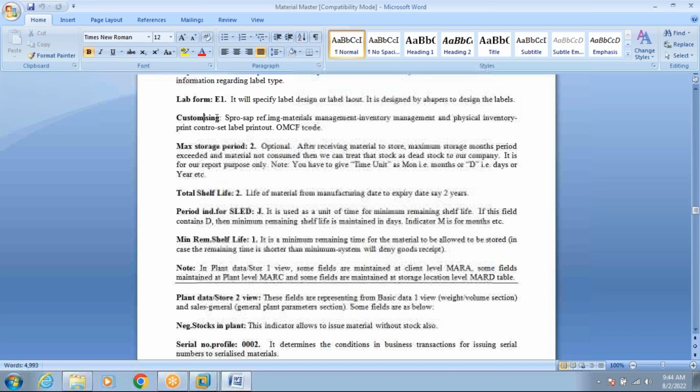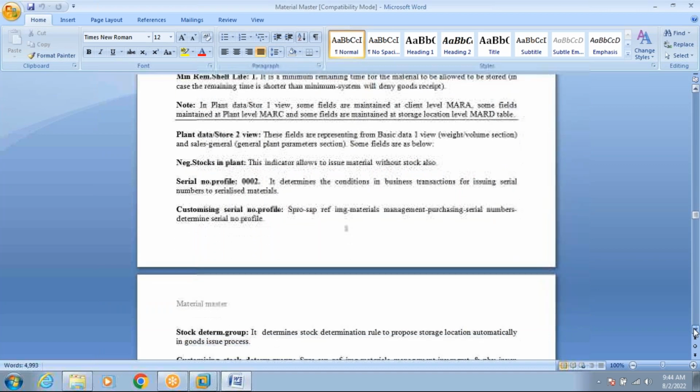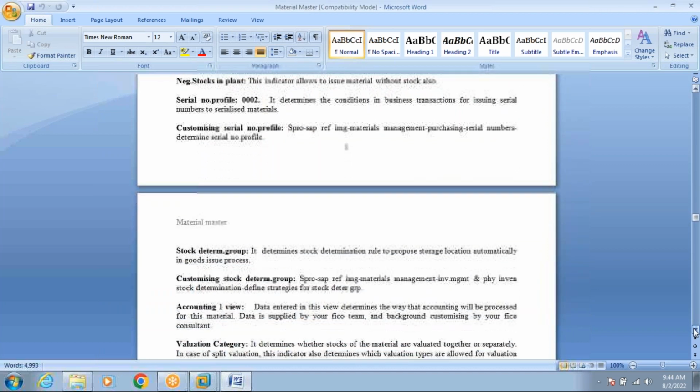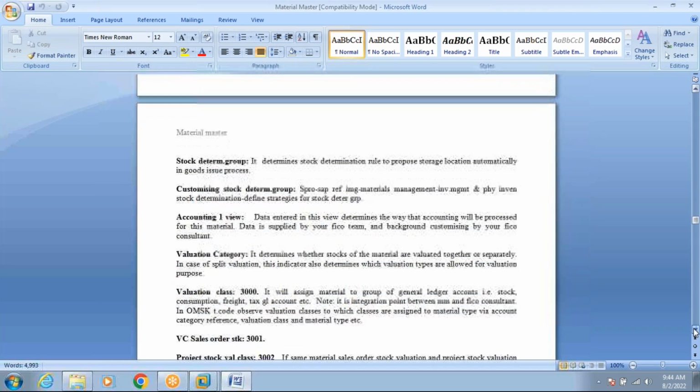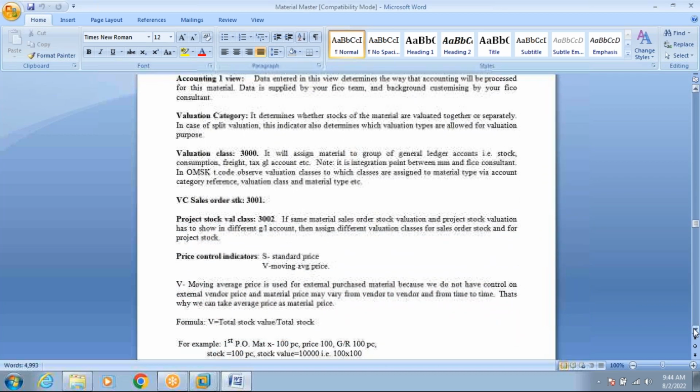Instead, we have also written here how to customize the maximum storage period. Okay, but this is again OMCF. Transaction code is taken care of by WM consultant. This is none of our job. Okay, yeah, storage 2 is also taken care of by WM consultant. So that is why I have not gone into detail because this is not our area. So whatever area related to MM, that I'm teaching you. Okay. So here see